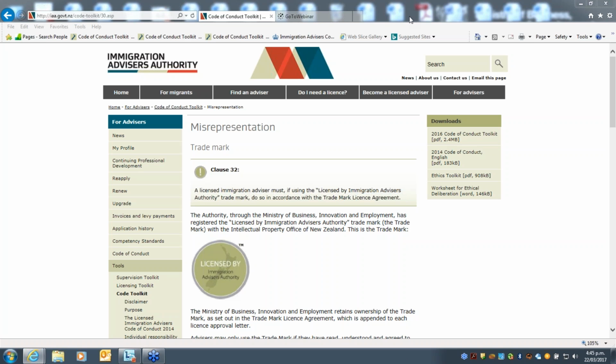Okay. Does the Immigration Advisors Authority provide a standard written agreement? No, we don't. All the requirements in a written agreement from the authority's point of view, in terms of your obligations as a licensed advisor, are set out in clause 19. So you need to go through clause 19 and make sure all of those things are covered. There will be other things you might wish to have in your written agreement, and that's one of the reasons that at one point we were